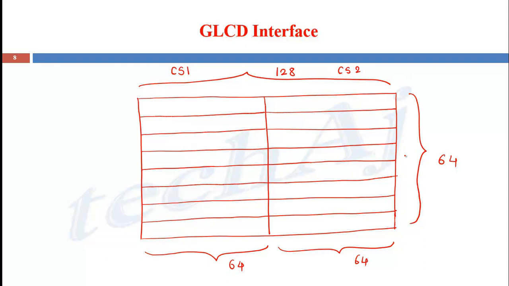Now these 64 rows are again divided into 8 different pages: page 0, 1, 2, 3, 4, 5, 6 and 7. Similarly on the second half, page 0 to page 7. Each of these pages consists of 8 rows.